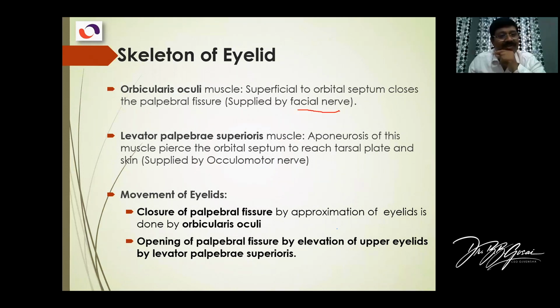Okay, so facial nerve palsy, paralysis of the facial nerve, leads to paralysis of this muscle, the orbicularis oculi. The person cannot close the eye. So the eye remains open, the cornea remains exposed to the environment and gets dried up and causes corneal ulcers. That's why this is important to know.